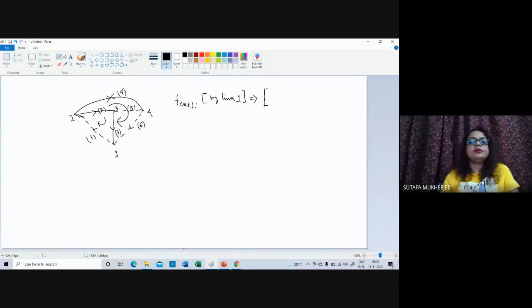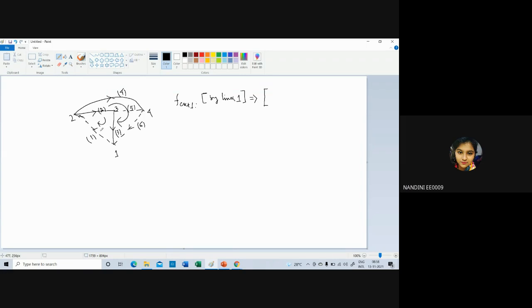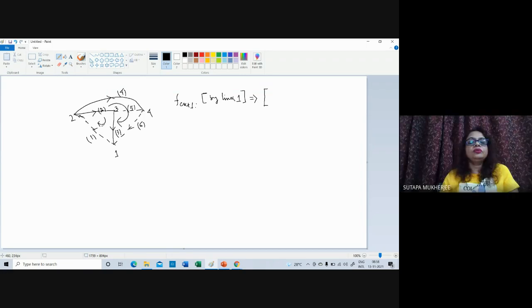This is the tree. Okay. And I have put this branch here to form a particular loop, this loop. Okay. So in this particular loop, how many branches are there? Nandini, how many branches are there in this particular loop which contains the fundamental link 1? Do you understand? Do you follow me? 2? 2 and 3.